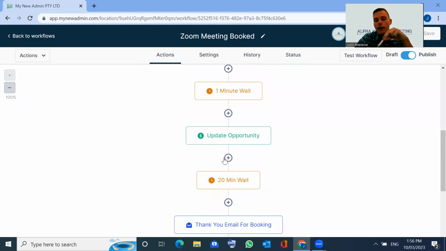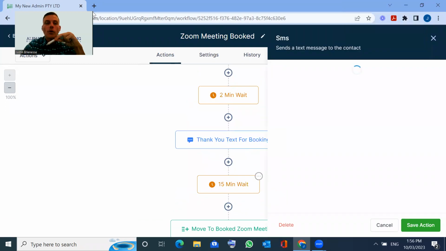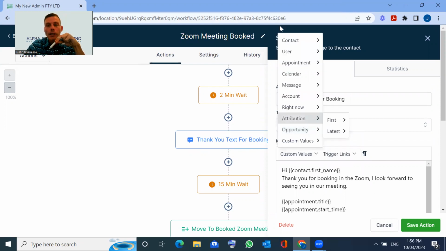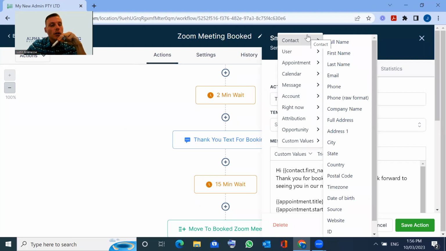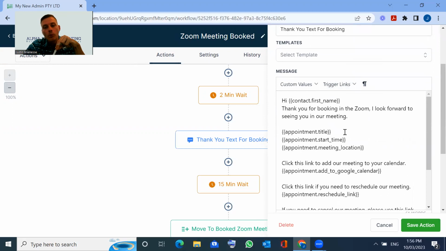So I'll go through one of these emails and just show you some of the coding. Unlike other CRM platforms that I've used, I've never seen automated workflows where you can put in custom values, which are computer coding. This tells the program what to do. So for example, hi, contact.first_name. That will go out, and whatever the first name of this contact is will be put there. And then we can put in appointment